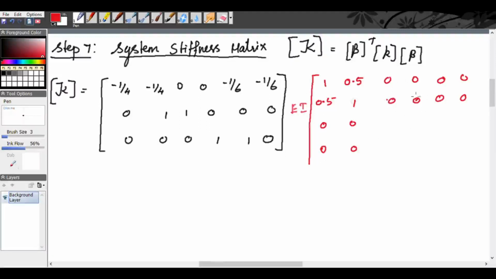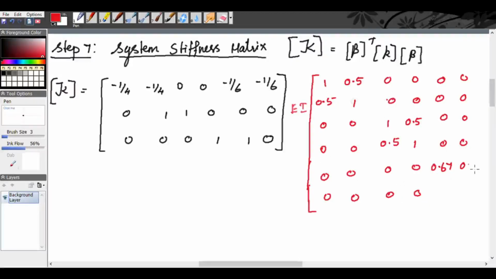And for the second element also it is 1, 0.5, 0.5, 1, 0, 0, 0, 0. For the third element, that is 0, 0, 0, 0, 0, 0, 0, 0, 0.67, 0.33, 0.67, 0.33